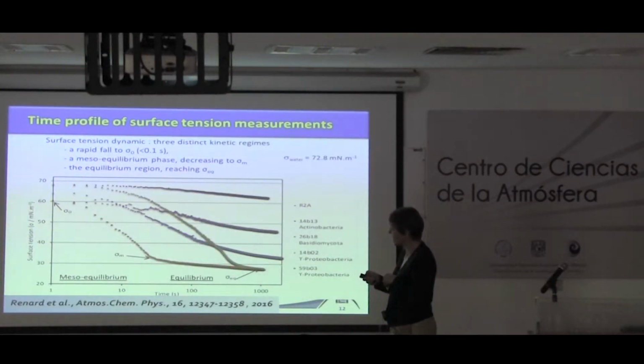And so you can get this kind of curve. So the surface tension, for instance, of water will be constant and will always be at that value. They are measured in millinewton per meter. Then if you have just the culture medium of the cell, it will vary a little bit because it's not pure water, but you can see it's quite stable. And then when you have bacteria, if they are producing these surfactants, the surface tension will really decrease from 70